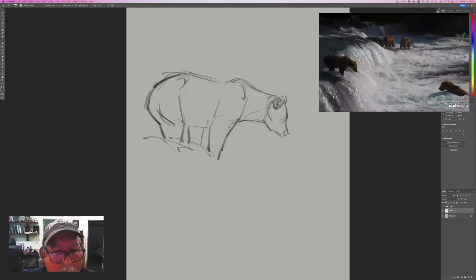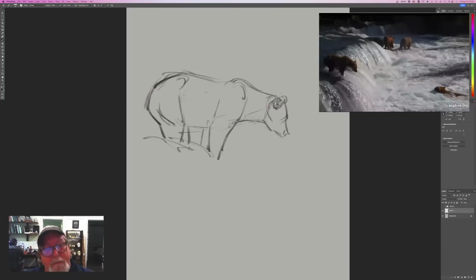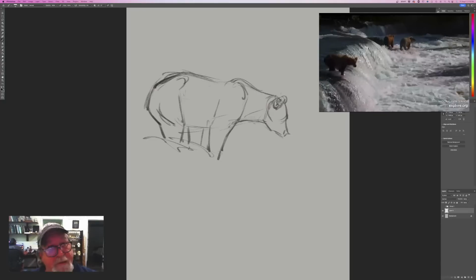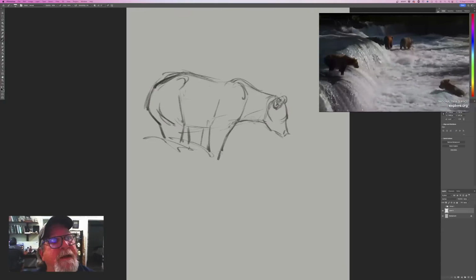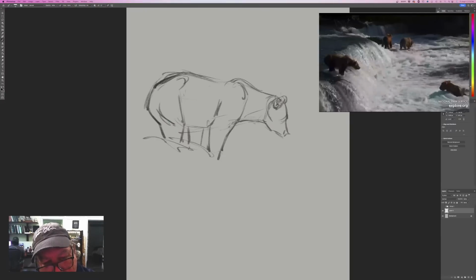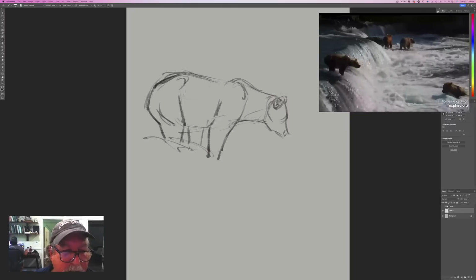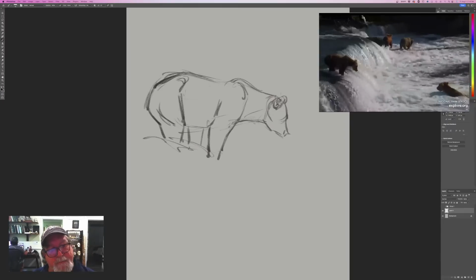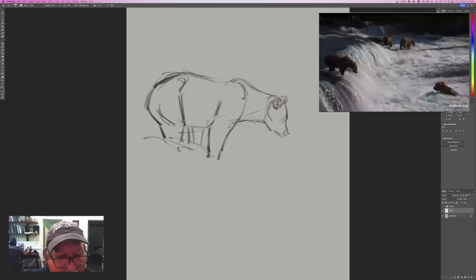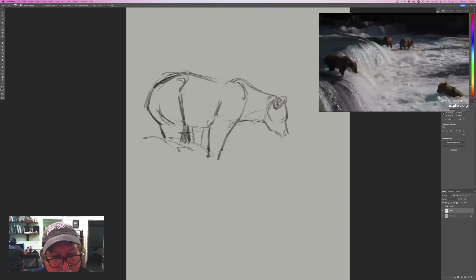So, looking at proportion, once I get that silhouette down, then I start filling in with the things that I know. The body right now is kind of a silhouette, but I also know that there's tricep muscles here. I know that the elbow is here. I know that the thigh comes up and hooks into the pelvis up here. And so these are the things that I fill in with the knowledge that I already have regarding the anatomy